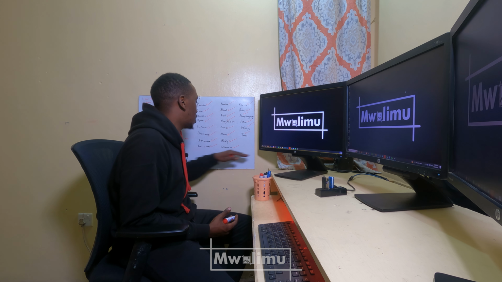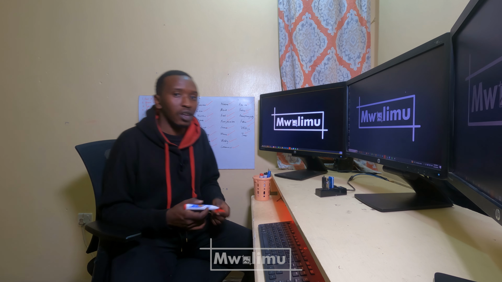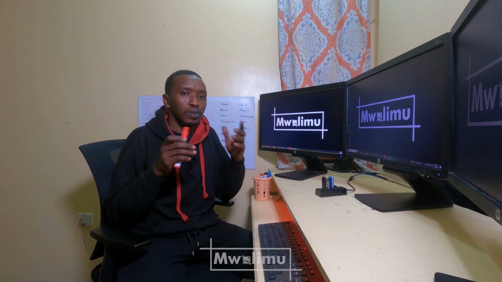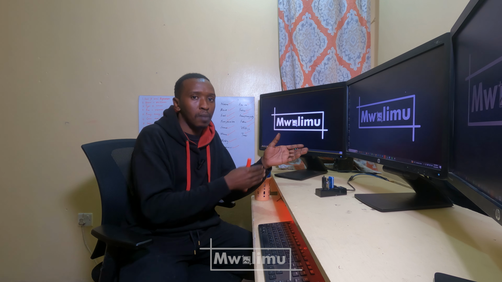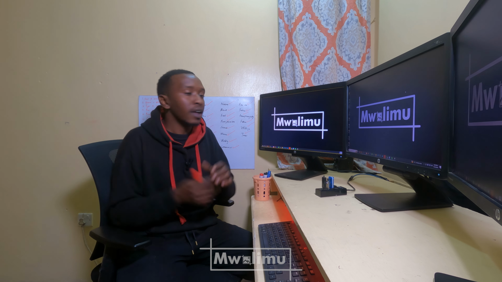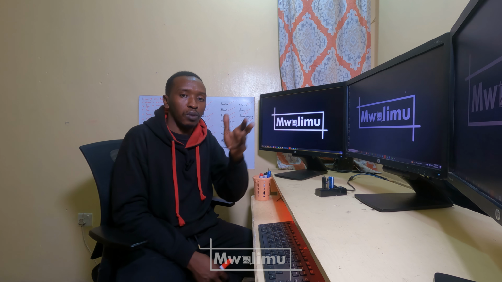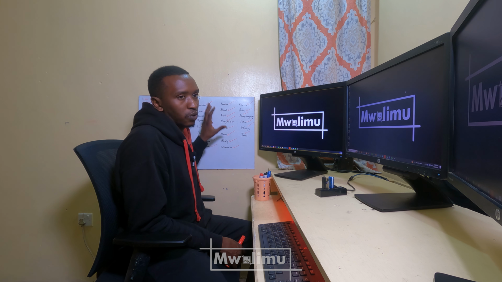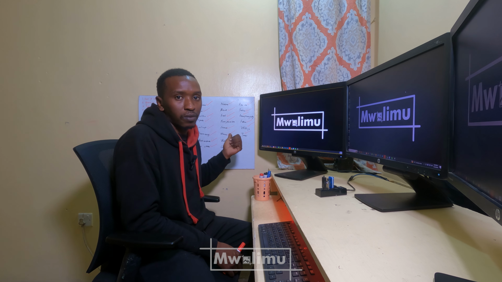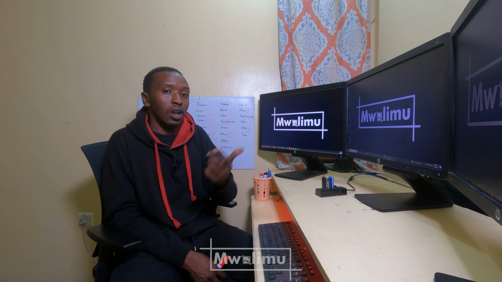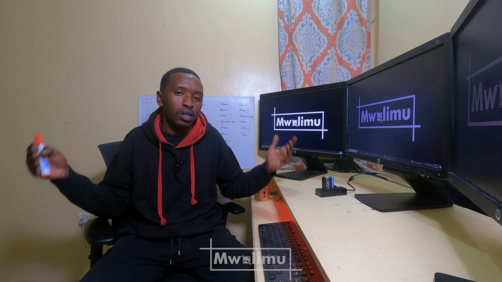So that in a nutshell is a number of genres that I've shared with you, not all of them but some of them. And that brings me to the end of this particular video, because I'm going to be limiting the length of these videos to 10 minutes maximum, unless it is very necessary for me to make it longer. So that was the first video. I explained what photography is as the art of painting with light. Then I've shared a few genres of photography that you can think of specializing in once you get into photography, or if you're already in and you don't know you can specialize. These are some of the genres that you can try out and see what works best for you.